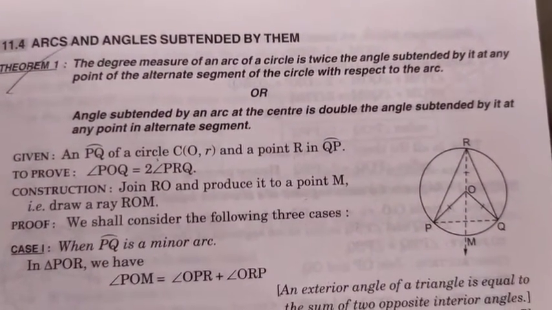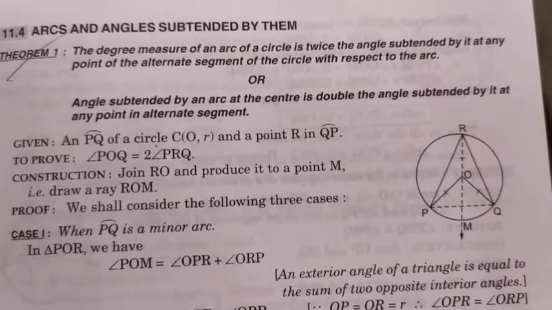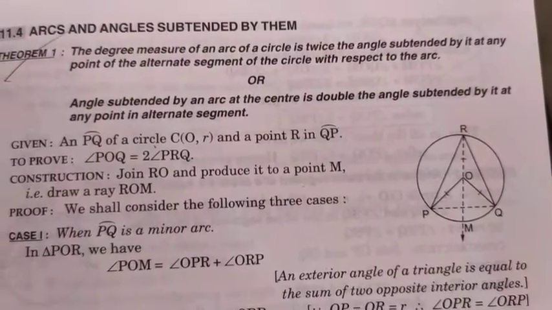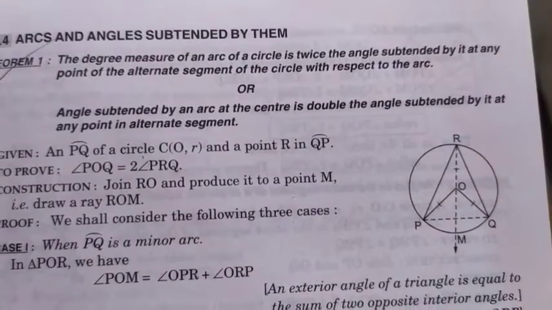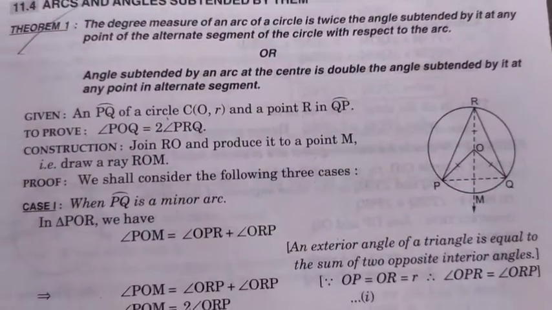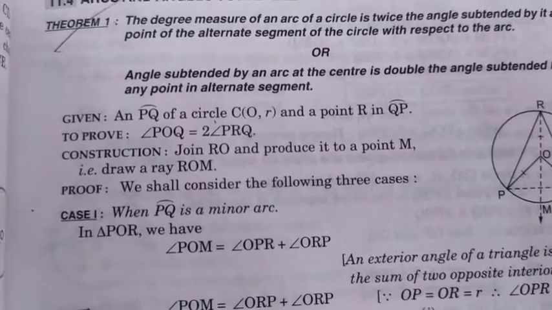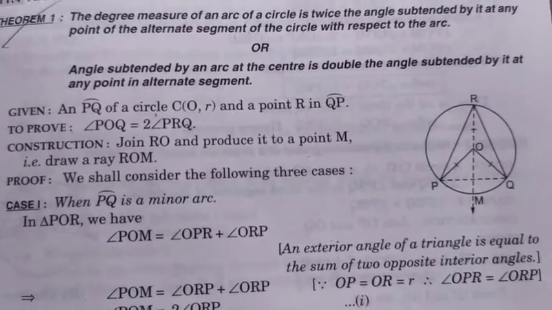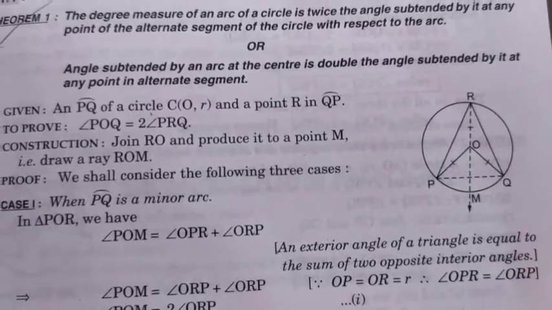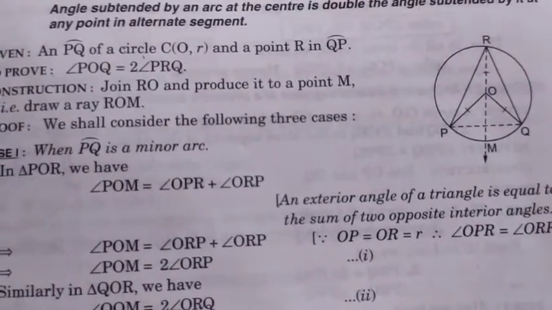The degree measure of an arc of a circle is twice the angle subtended by it at any point on the alternate segment of the circle with respect to the arc. Or in another way, you can say that the angle subtended by an arc at the center is double the angle subtended by it at any point in the alternate segment. Means to say,